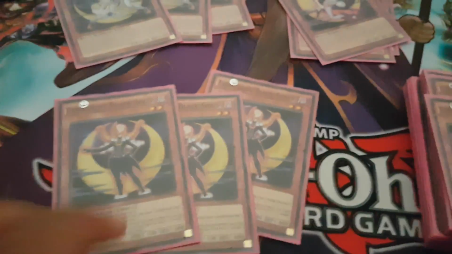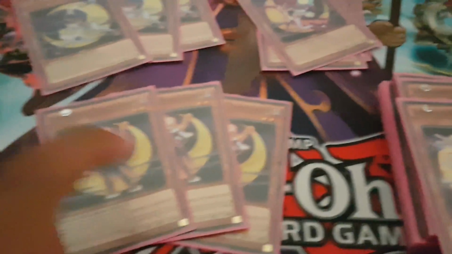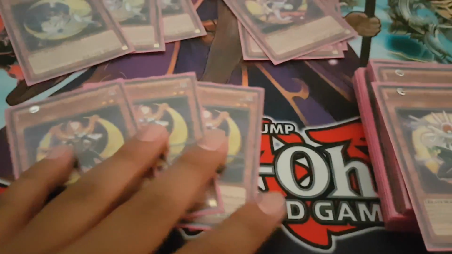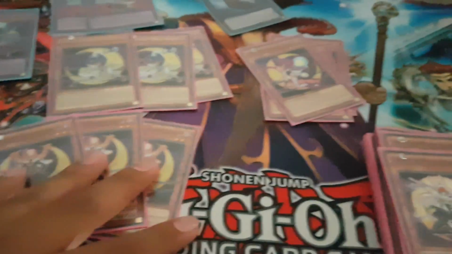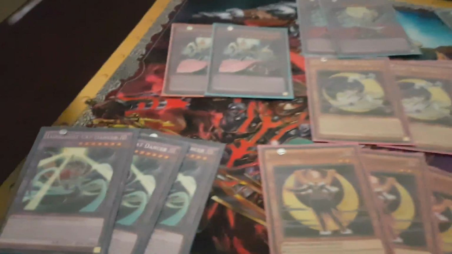So, yeah. Then, of course, you want to play 3 Lunalight Black Sheep. This card adds Polymerization to your hand, or it can add a Lunalight from the graveyard to the hand. And not only that, but if it's used for fusion material, which rarely happens, you can add a Lunalight from your graveyard to your hand,